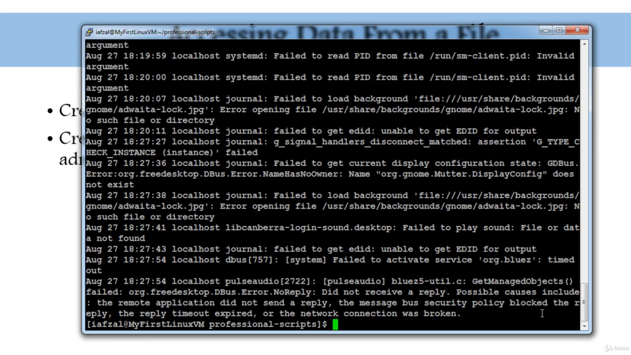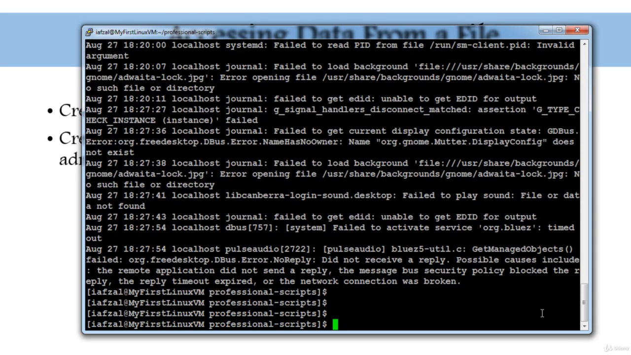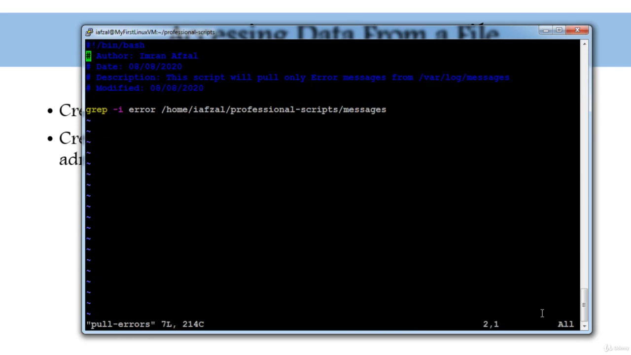Now you could also leave it as is if you want to, but most of the time what people do is they output this to another file. This way they could easily manipulate the text inside of that file instead of just going into the var log messages. So how that is done, let's go back to our first script, which is pull error. And here I will go grep -i error, and I will output to